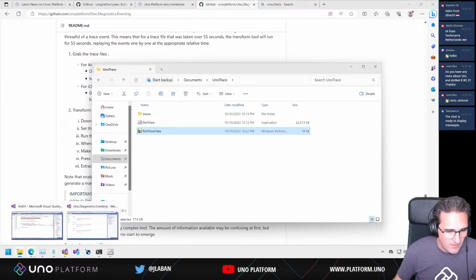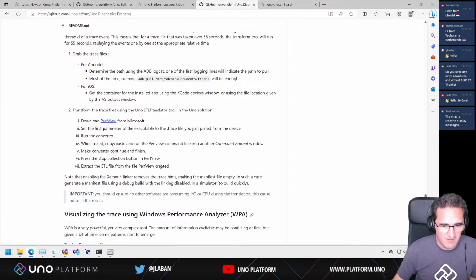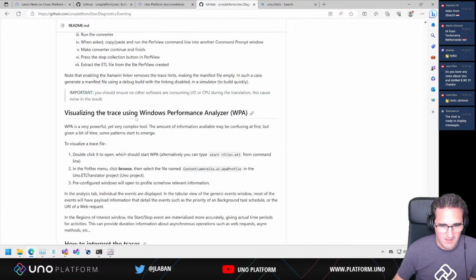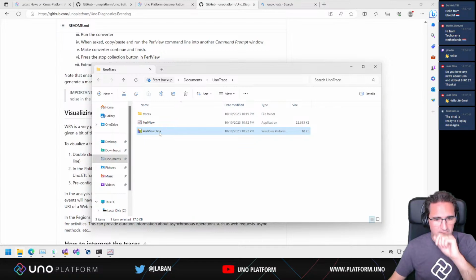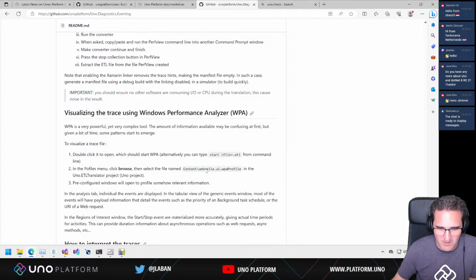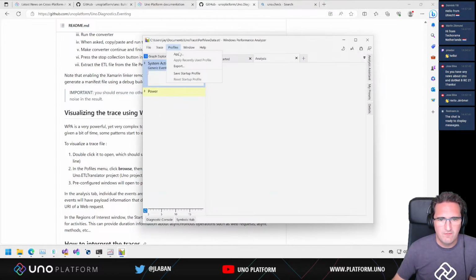So now that we are done, we have the ETL file that the performance view extracted, and then we can open that file using WPA. And then we also need to use a file called WPA profile, so that we can analyze the content. So I'm going to take that file. In the profile, we have